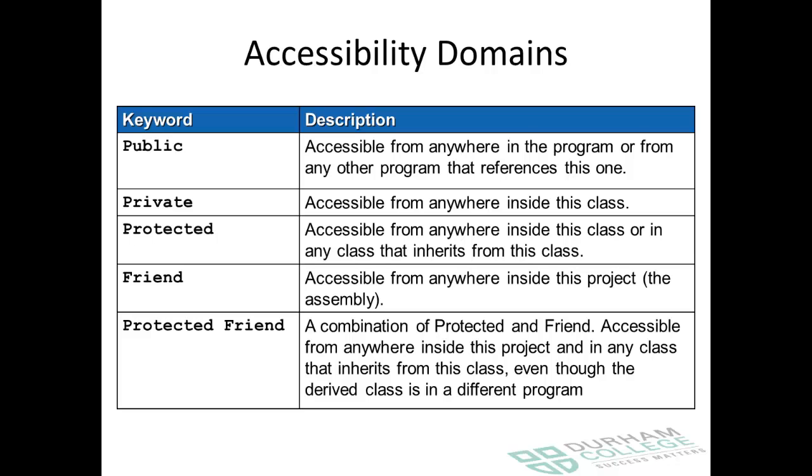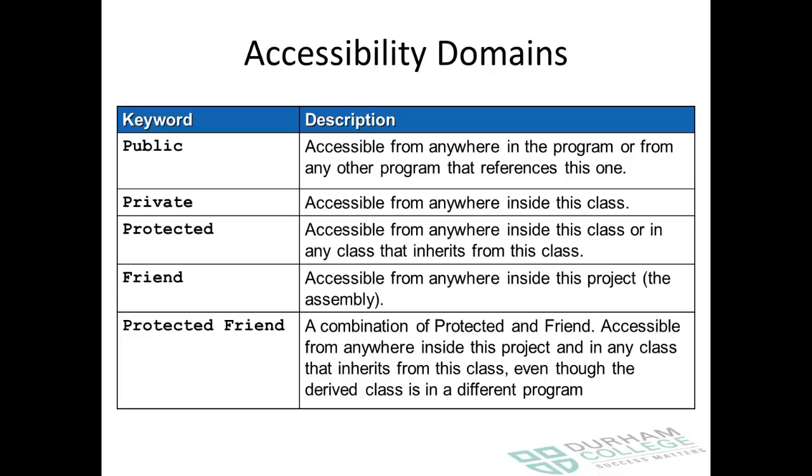Private, of course, getting from one extreme to the other. Private declares that variable or method, whatever it happens to be, accessible only from within the class or the module. Protected is kind of cool, and we'll certainly get into protected when we start working with inheritance, because protected is like private, although it also allows classes that inherit from the class where the protected variable is declared to gain